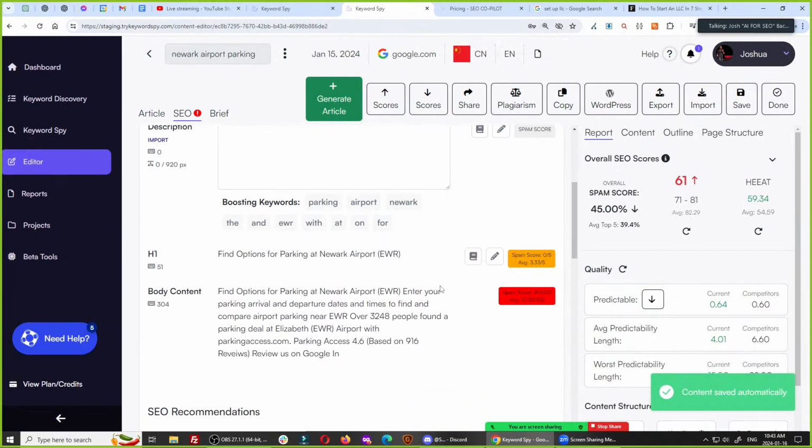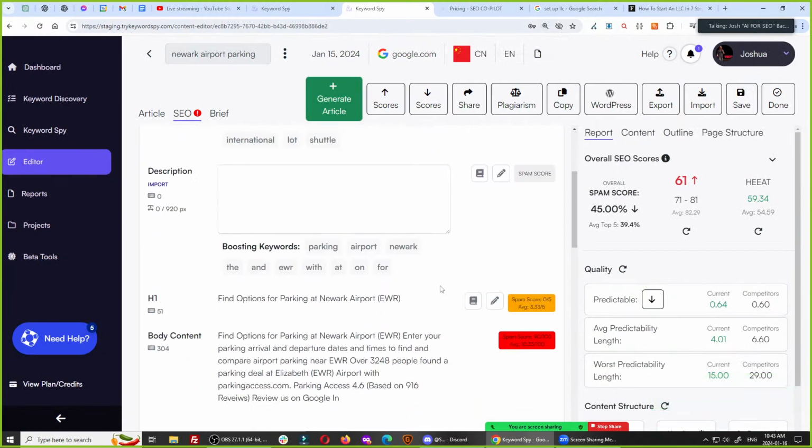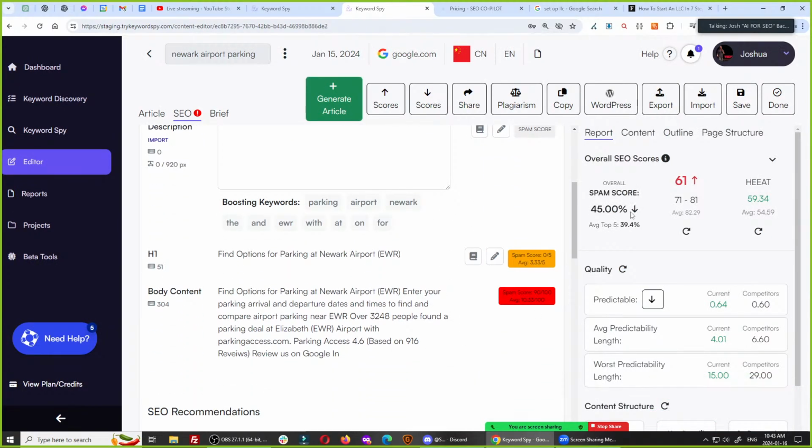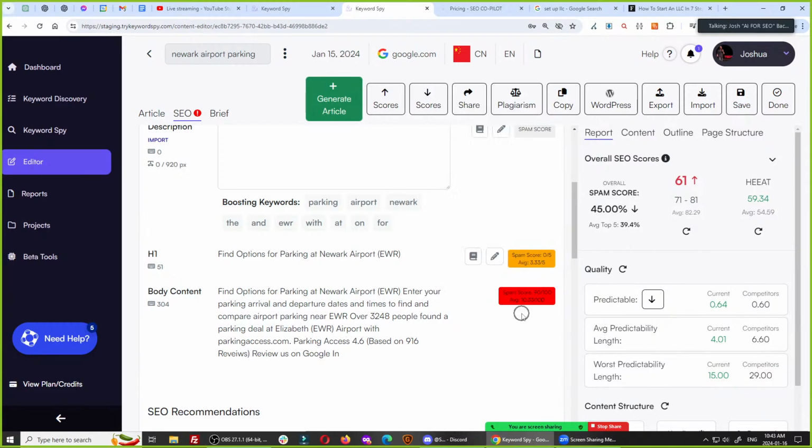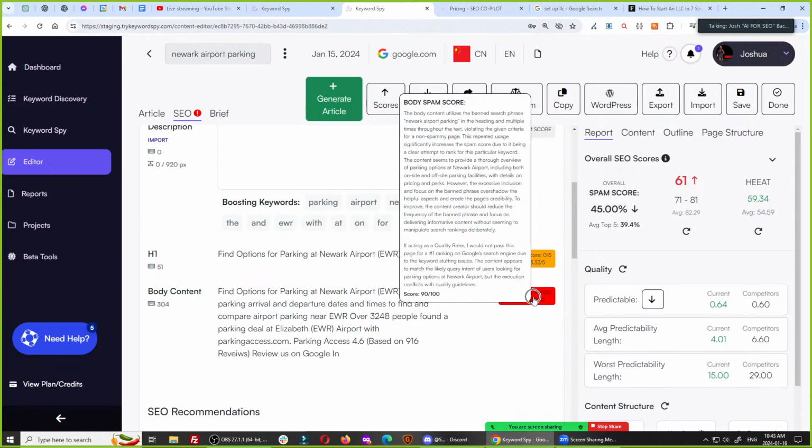And here you can see the offending spam score that's giving you the really high overall spam score is the body content. It's 90 out of 100. The spam score for this page is 90%, even though the average is 10% for your competitors. Right here, it's warning you, you do not have the query intent. You do not have the right content. It's not made for the user. It's made for SEO. You need to improve it.